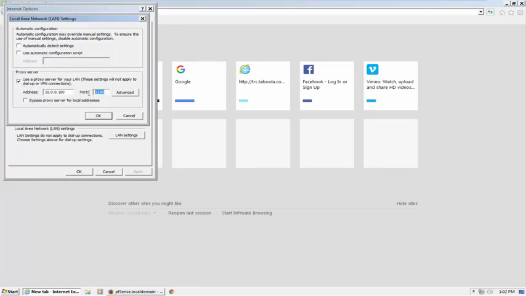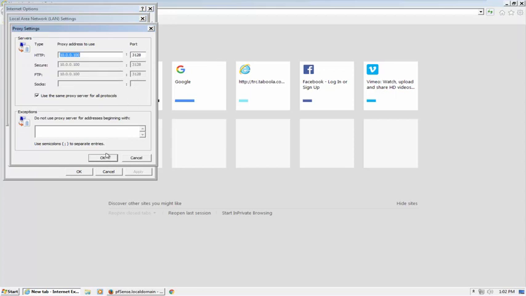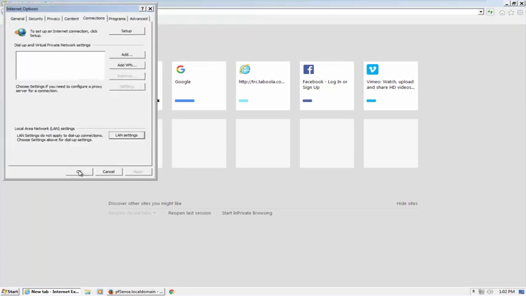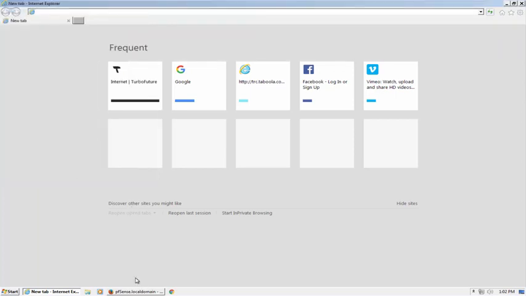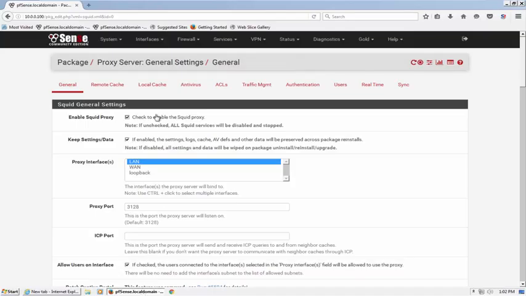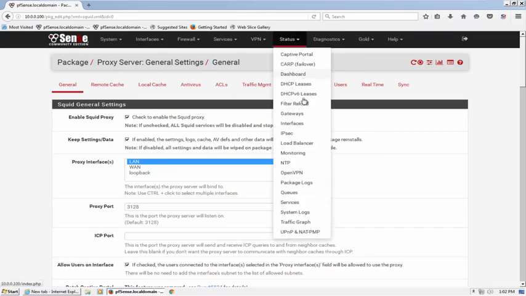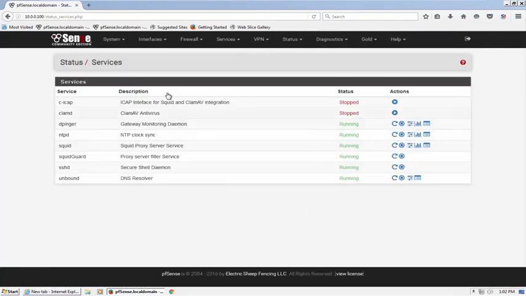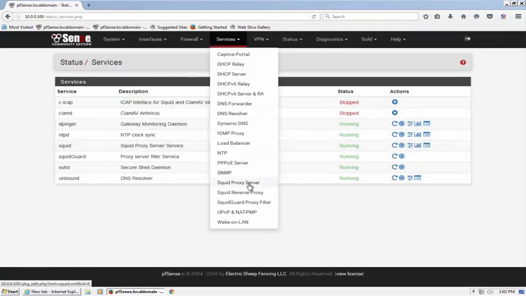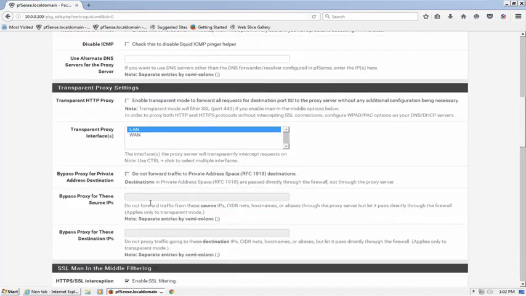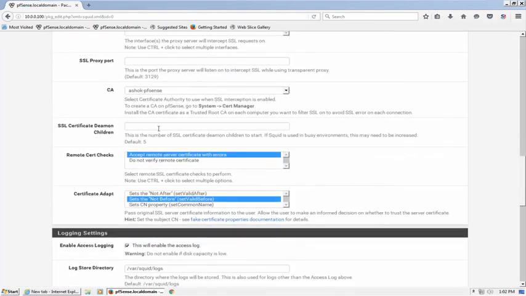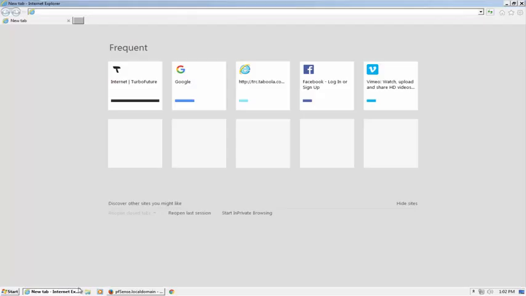which is this one, same thing, and for all protocols. That's it. So now let's see, open Google. Everything is fine. Let me check whether services are running or not. Yes. The transparent mode is off already, this is enabled, and I'm using this same CA. Okay, so let's open Google,